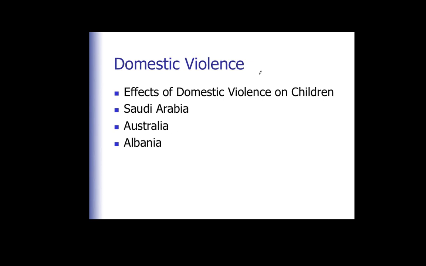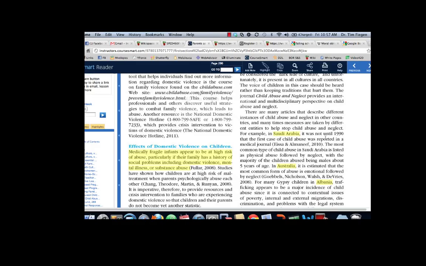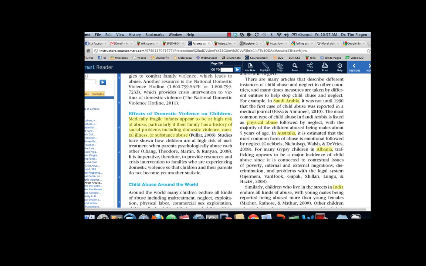here, our number 2 entry. And I say it's on the test too, but Saudi Arabia, first case of child report was the most common type of abuse in Saudi Arabia is physical abuse, and that's what you want, because that's what's on the test. And I say again, I don't understand, Dr. Rojas Cortez, why that's an important distinguishment here. In Australia, most common abuse is emotional,